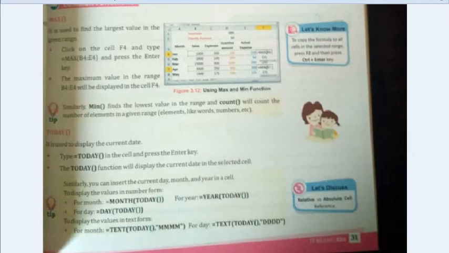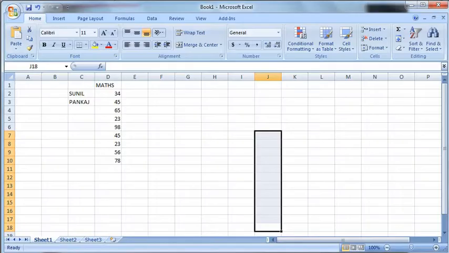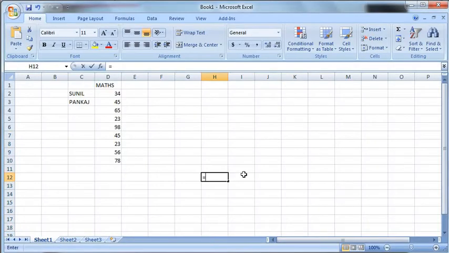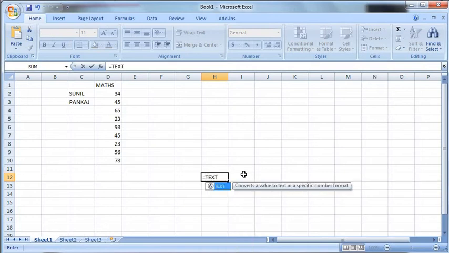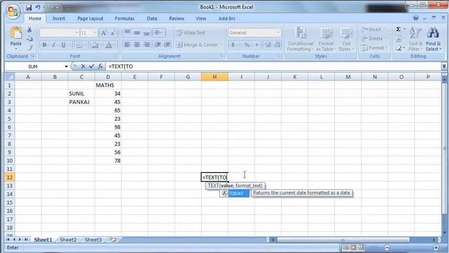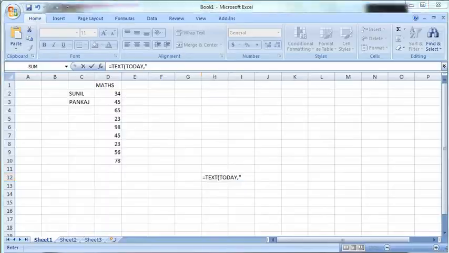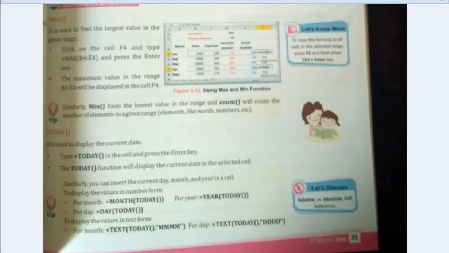Equal to TEXT of TODAY, and then in the format text, let us see what exactly the format is. Today, month.